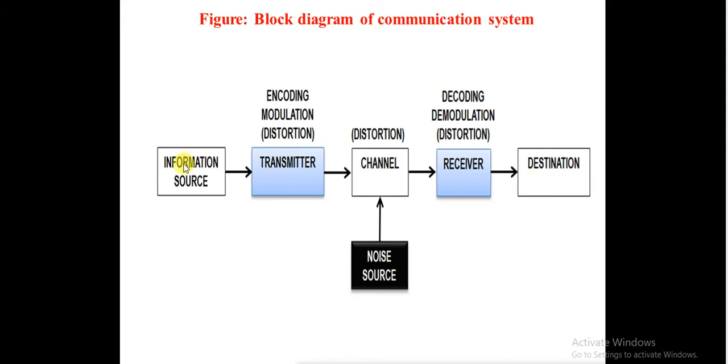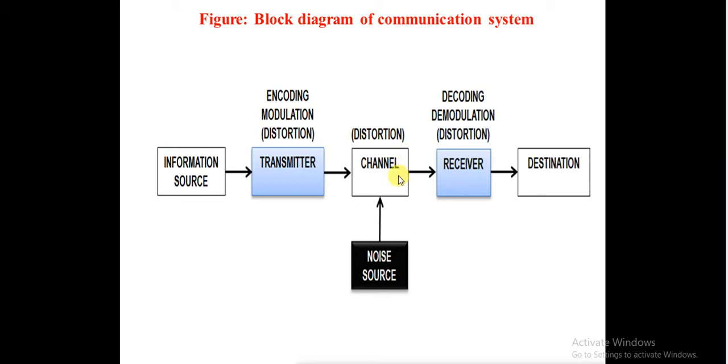Say, for example, at the input side, an audio signal which is physical in nature is converted to an electrical signal by a microphone, which is a transducer. It will convert a physical quantity or audio signal into an electrical signal. Then at the destination we have the speaker, which is again a transducer. It will convert the electrical signal into the audio signal. If the input is a video camera, then the output will be a video display unit.